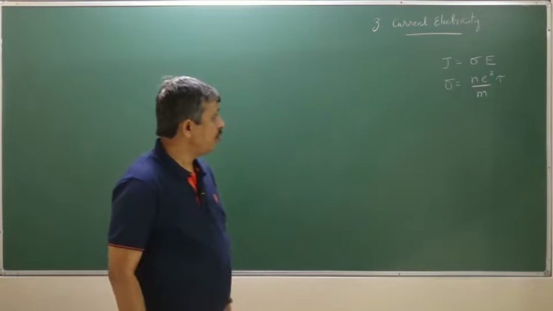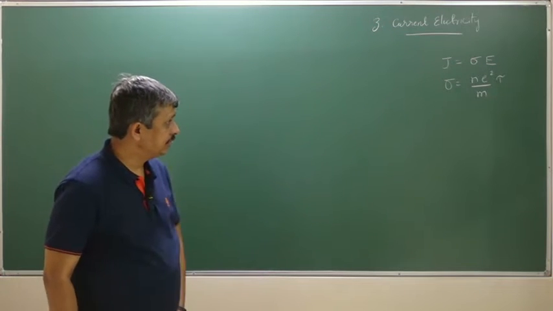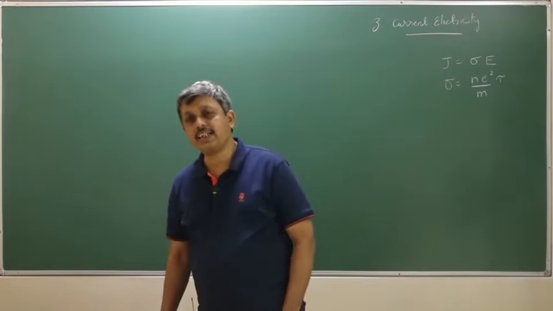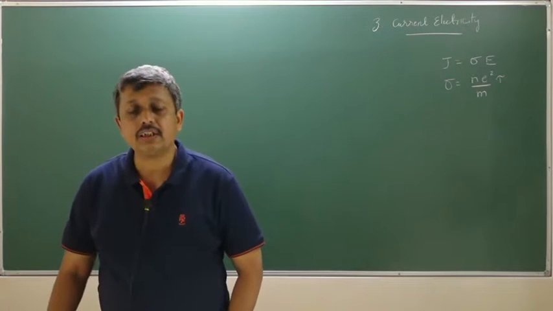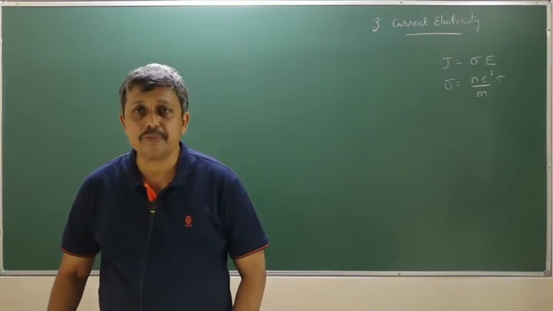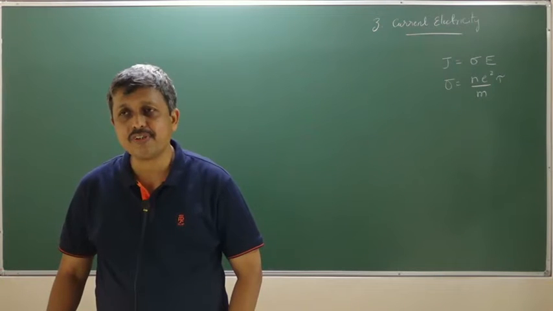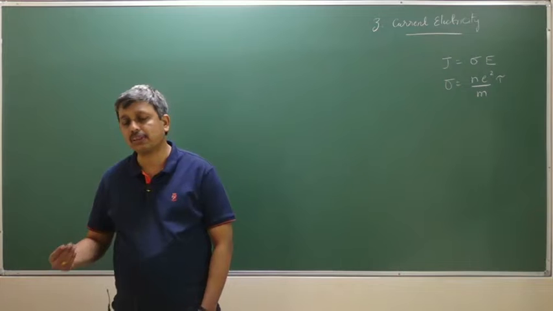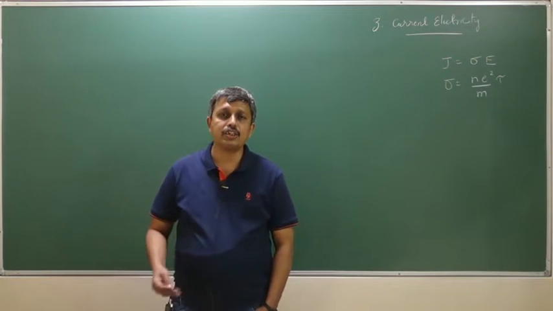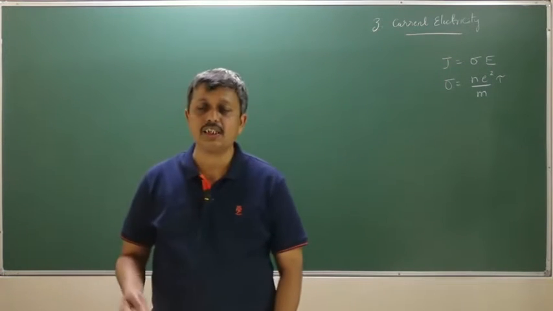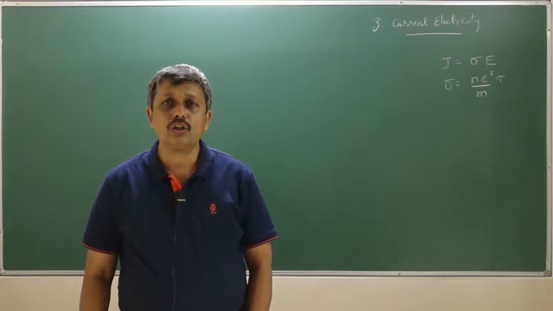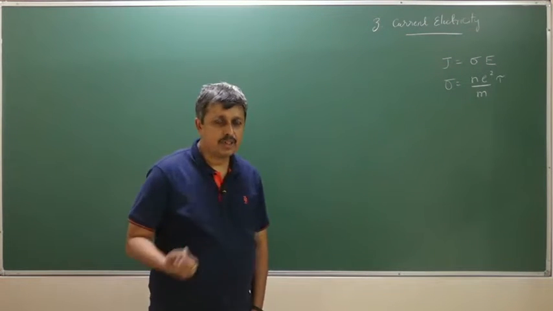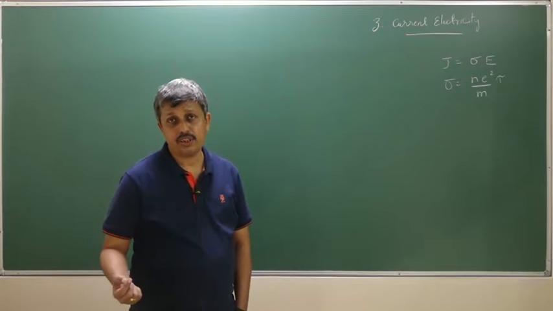Now what we want to find out is this J is equal to sigma E, how far is it applicable? Are there any limitations on this Ohm's law? In some cases, it is not the limitations as such of Ohm's law, it is more that some materials do not obey Ohm's law. So there are different kinds of materials. In what way do they not obey? It is possible in different ways to not obey